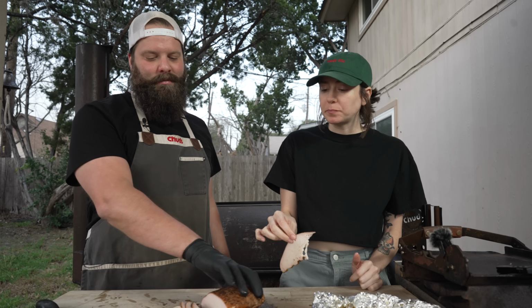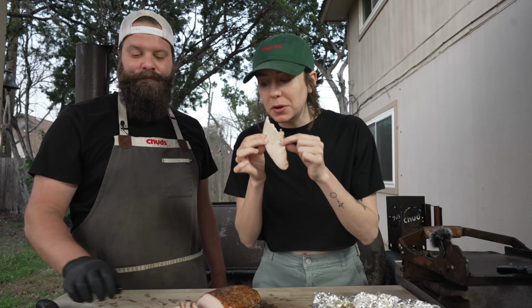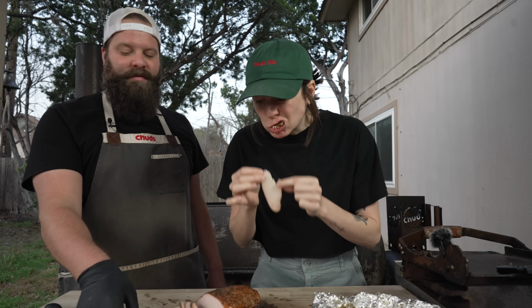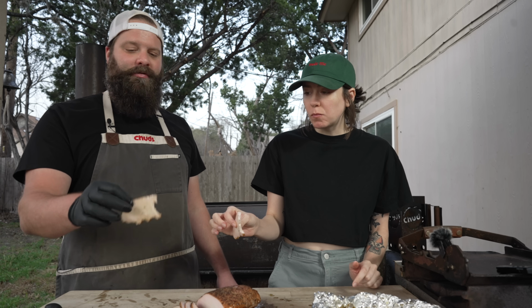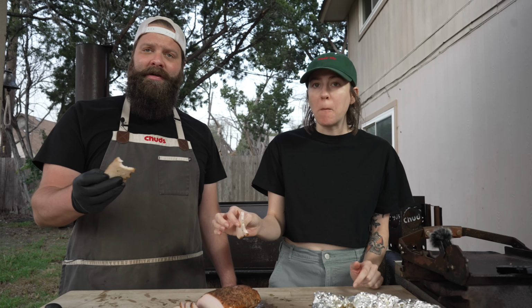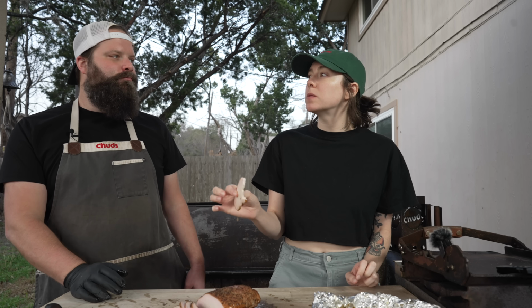Juicy. Well, it's dipped in butter, so yeah, that's always going to help. But the turkey itself is quite juicy. Yeah, but it doesn't feel heavy. It's the best part about barbecue turkey. It's the same form factor as brisket or ribs, but it's not going to hit you nearly as hard. It has a very small hint of smoke,